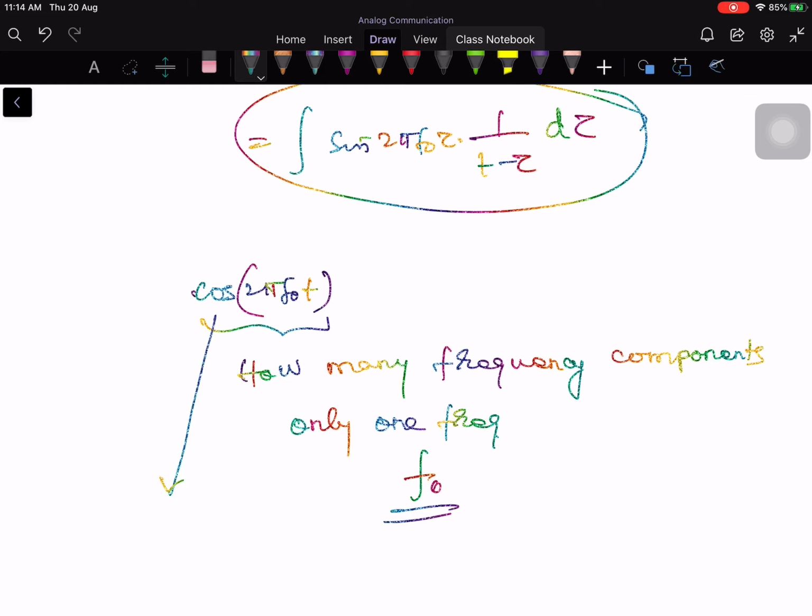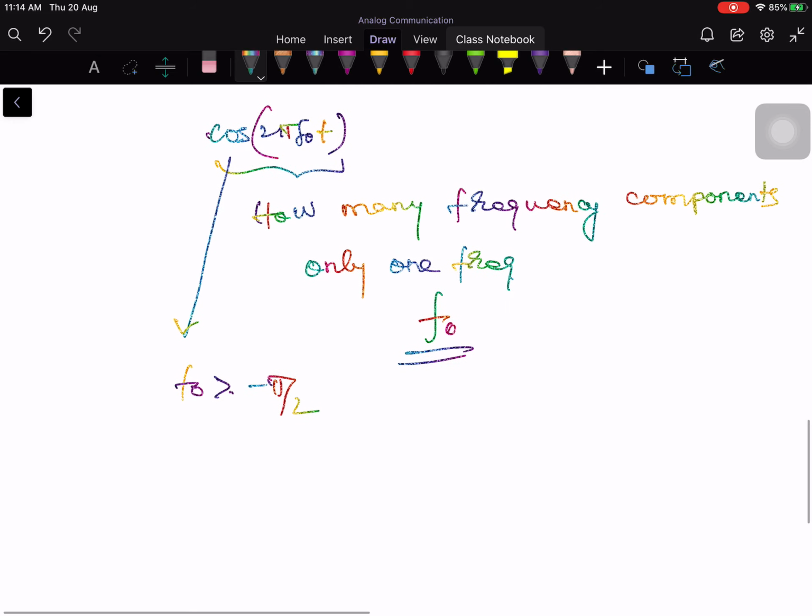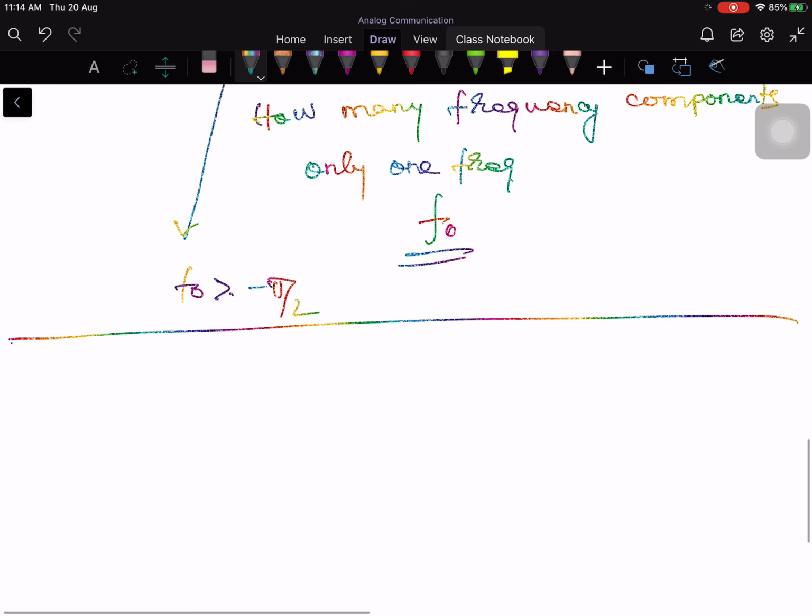So I know what happens to the signal, because f naught is positive. For positive it introduces minus pi by 2. Therefore I can simply write down the Hilbert transform. So nothing to struggle much for sine 2 pi f naught t, cos 2 pi f naught t. Now in general, suppose let us consider a complex sinusoid, that means complex exponential signal e to the j 2